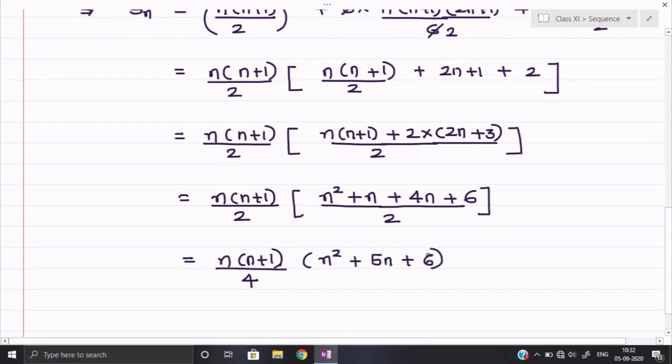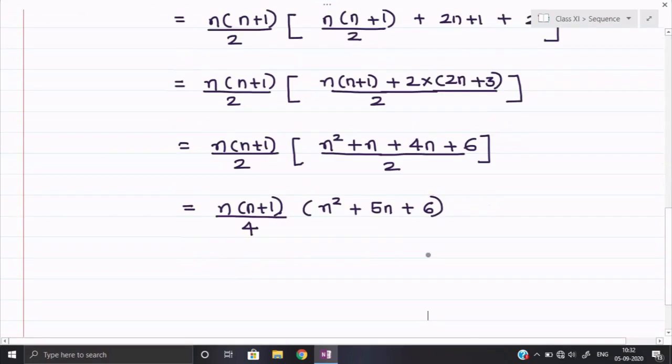If further you can split n square plus 5n plus 6, then you need to split further and find out the things. I think 5n we can split into 3n and 2n, and then furthermore it could be found. So if we try a little further, maybe expanded form you can write down, that is not an issue. And suppose if we write down in the proper factor form and if it can be split over there, then see n square plus 5n plus 6, I can write down n square plus 3n plus 2n plus 6.